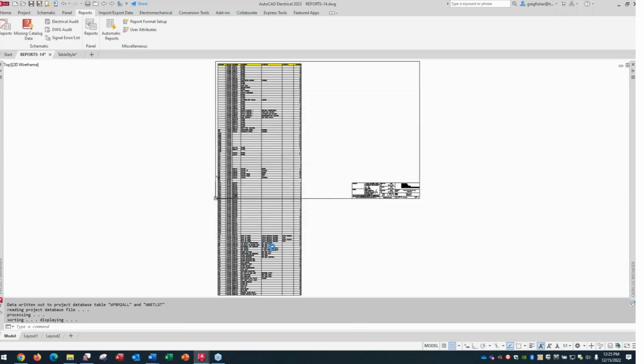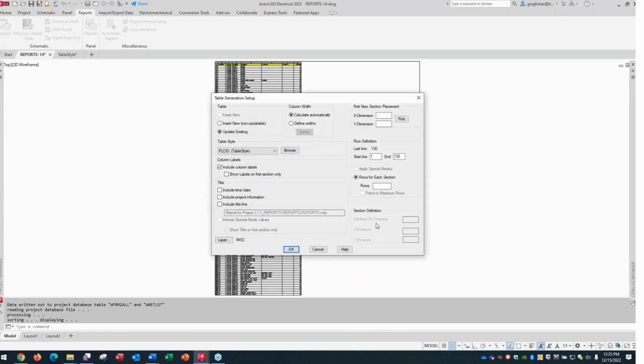Now I'll go back to put on drawing. And this I will admit, as I've said, if anybody's ever had any contact with me, talk to me, whatever, I always say that I love the report generation inside of AutoCAD Electrical. Now, one, and it's not a negative,